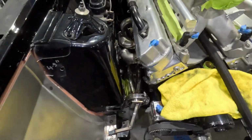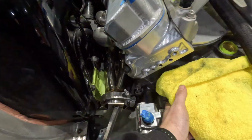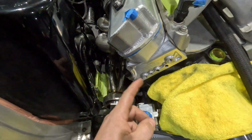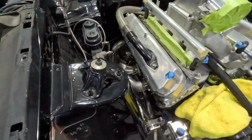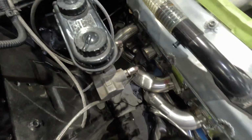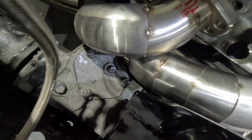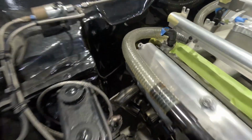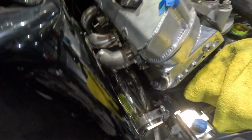And this side has got a bunch going on. So we've got the fuel pump over here. It's going to obviously have a cable off the back of it, run down the side next to the engine mount and out to the back. 2-inch primaries with the steering rack and everything in there is tight. It is awfully tight in there. So just the back 2 primaries to go there. And yeah, she's not an easy one, this one, but that's what happens when you want to do cool stuff